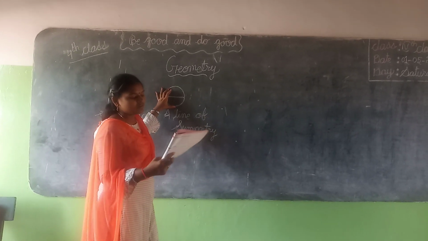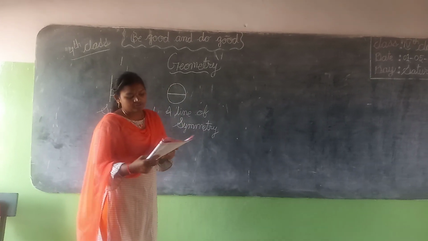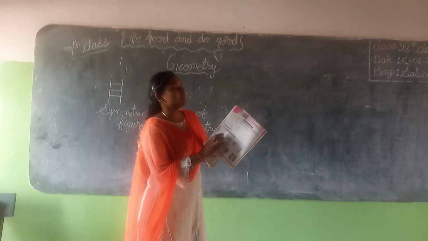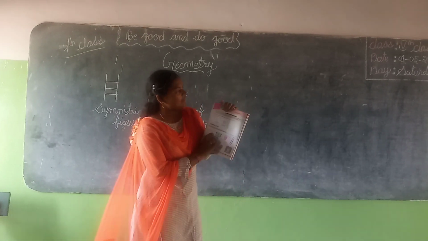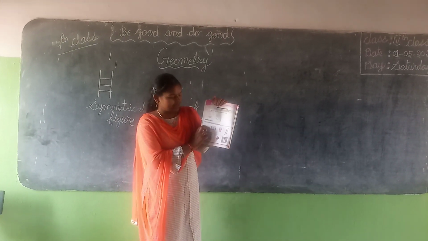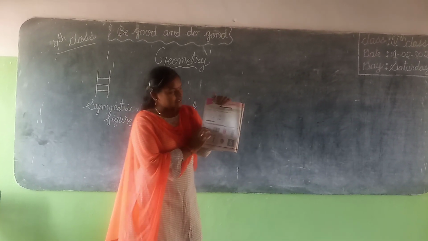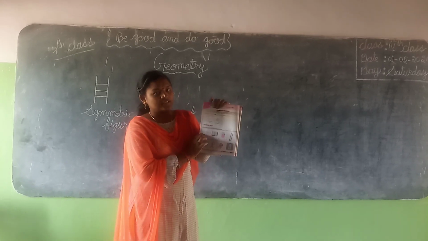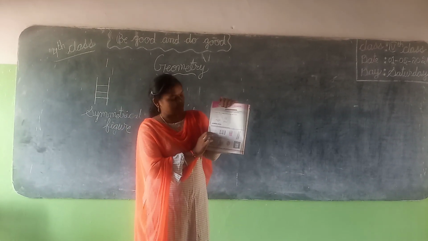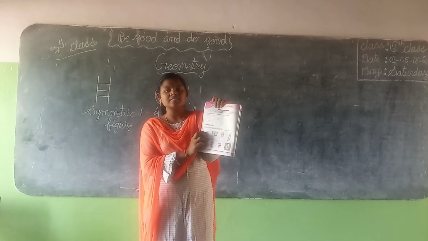This is called symmetry. Next step, we go to exercise 1. Which of the following figures are symmetrical? Look at this needle. One side is very short in length and the other side is broad. If we cut this needle into two parts, is it the same length? No. So this needle is not symmetrical.